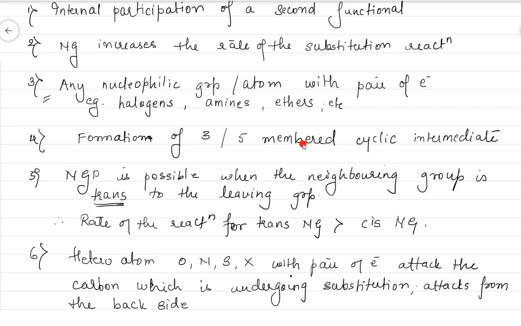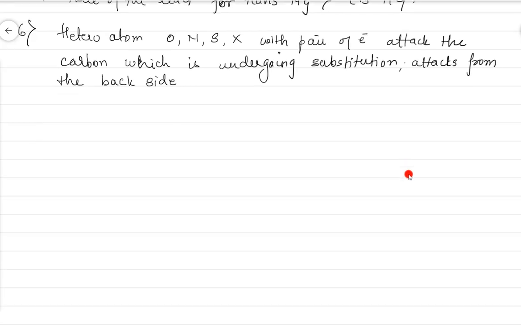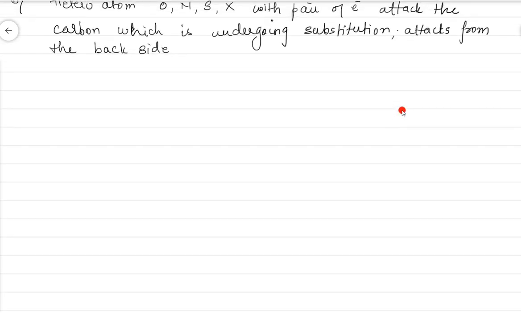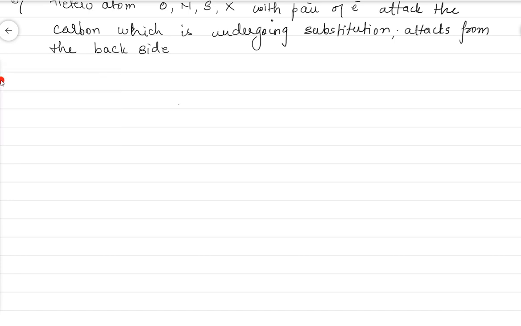Okay, students. So this is how you can note down all these points as notes, because if you get a question to write about NGP, these are the points that are important, and you can write the example that I have shown over there. Now, few more points that we need to know: what type of product will be formed in the reaction. Okay. So the formation of the product.